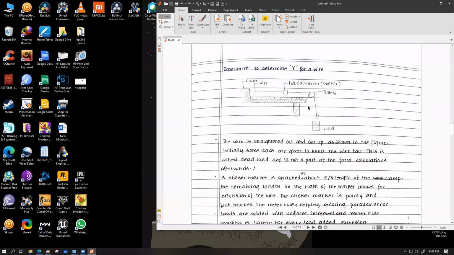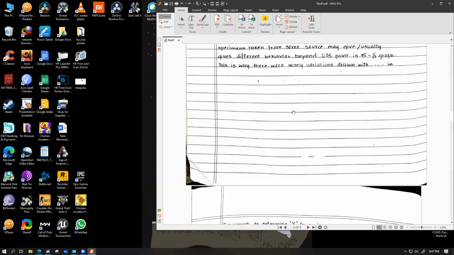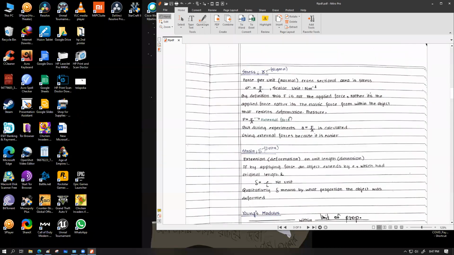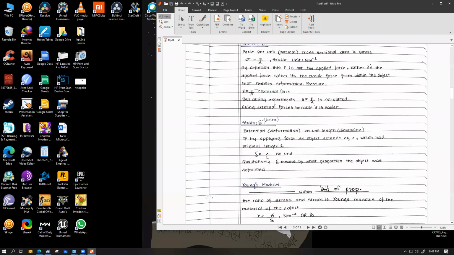Other than that, what we do is we simply use the weight of this object, because logically the weight of this load, the downward force, is basically equal to the tension in this wire. Right? So that's what it meant in this line, that for measurements by doing experiment, signal equals to